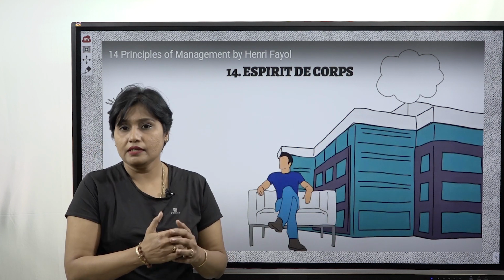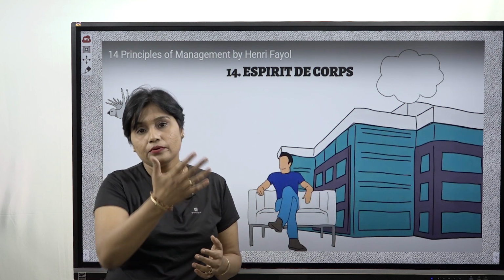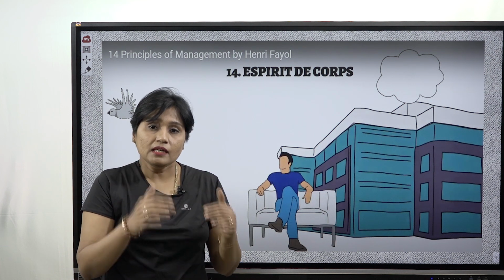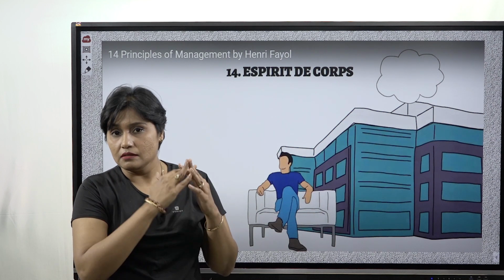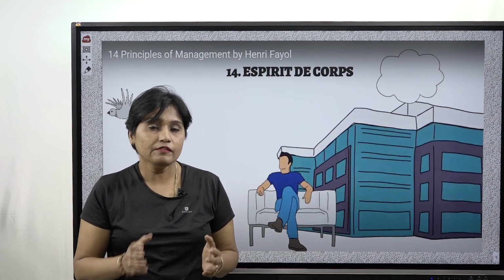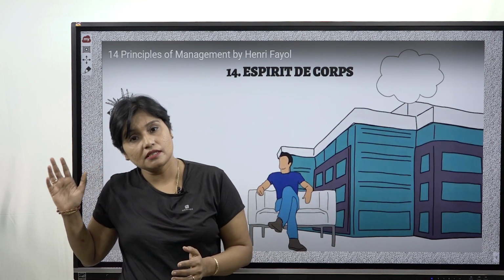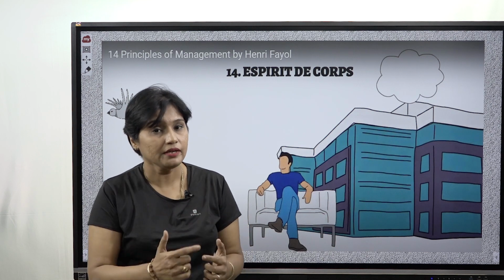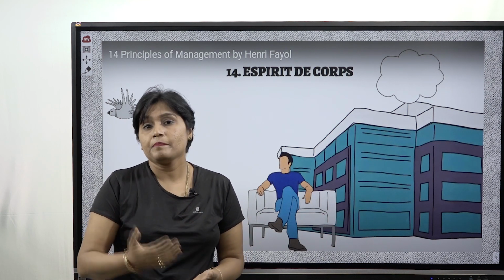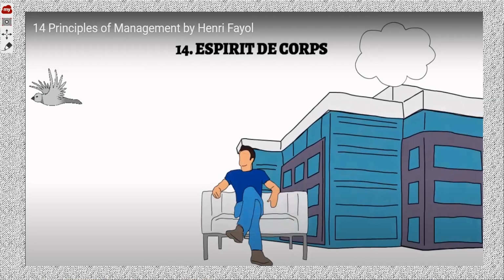So, a manager is a person who will get the work done from his laborers and then he will report to the top management. Now, when a manager is reporting to his top management, he should always use the word we and not I. If he says I, that means I did this work, it becomes very selfish because the actual work is done by the laborers who are behind him and who are dependent on his words. In order to create a team spirit, a manager must always use the word we, bringing the team spirit so that the employees will also feel a sense of belonging and the bondage will be developed.